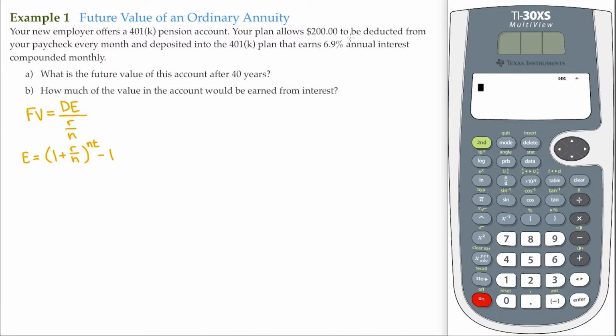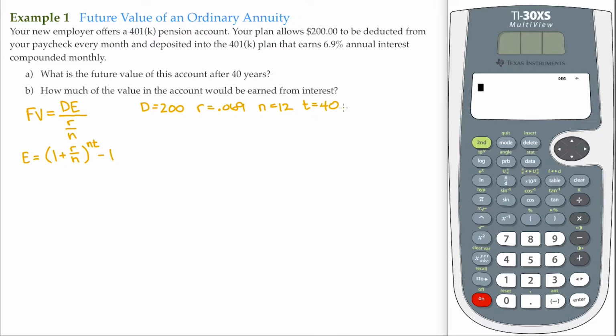So again, I like to list the variables as we read through here. It says your plan allows $200 to be deducted. So that's D. That's our $200. That's being deposited into your 401k account. That happens every month. The rate, that's 6.9%. And it is compounded monthly, so N is 12. And then A says, what is the future value for this account after 40 years? So then the time